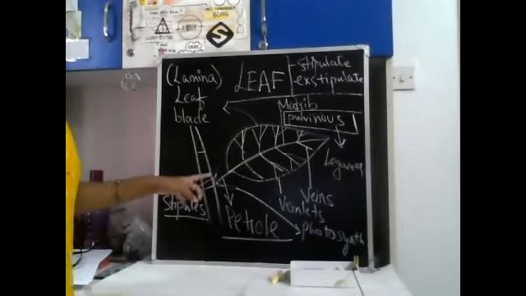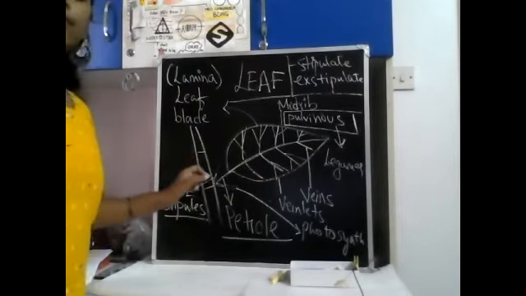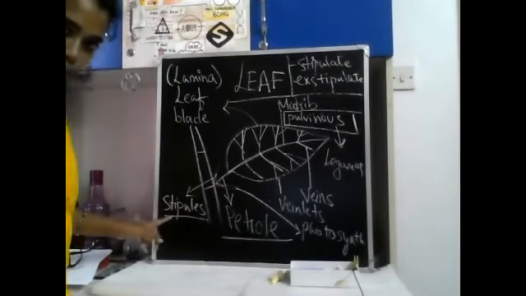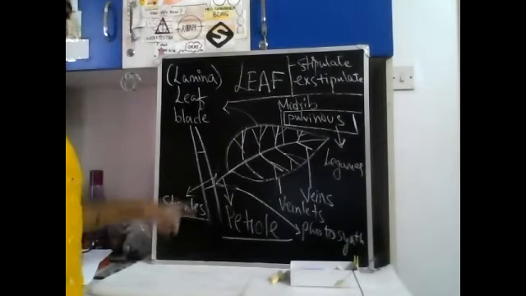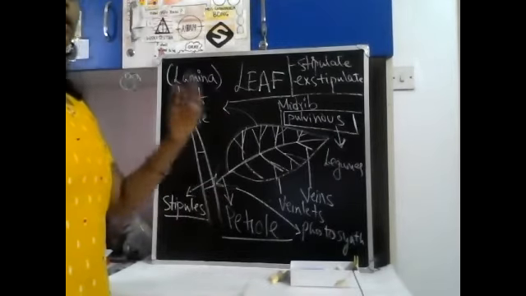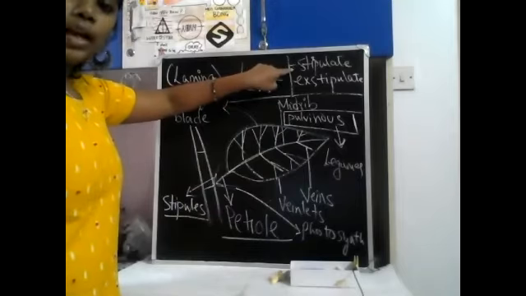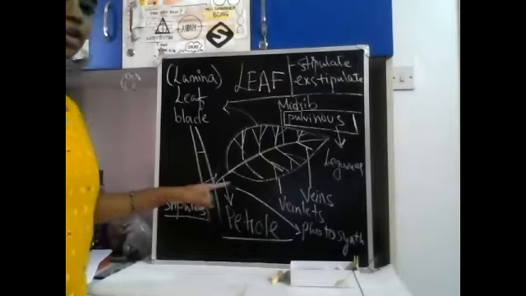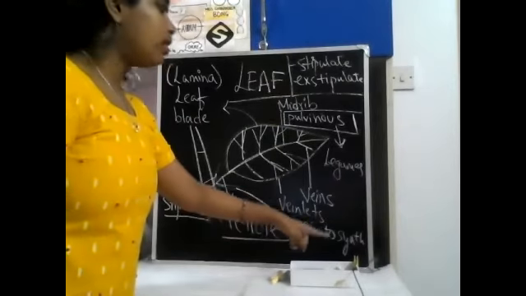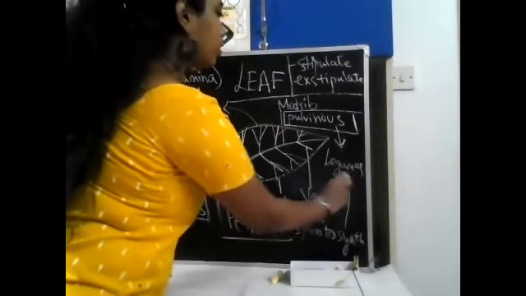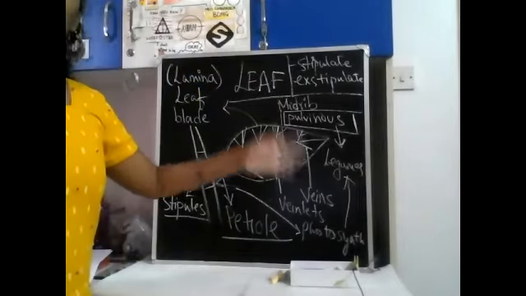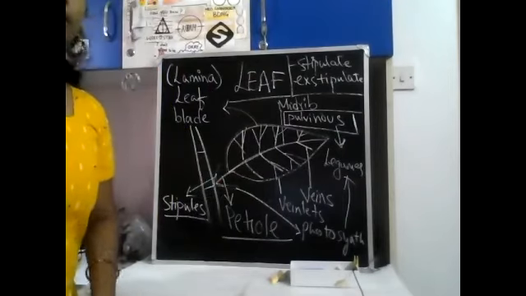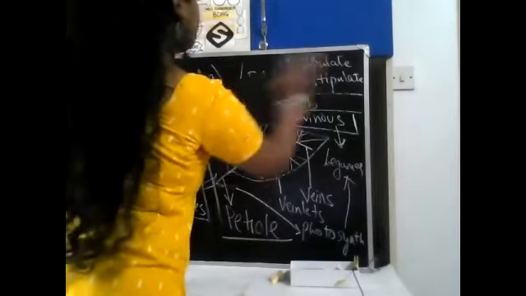Then you have small leaf-like structures at the base of the petiole, which are called stipules. Based on whether stipules are present or absent, the plant can be a stipulate or an exstipulate plant. In case these structures are photosynthetic, then they are called pulvinous. An example for pulvinous is legumes. Okay, so that is the structure of the leaf.